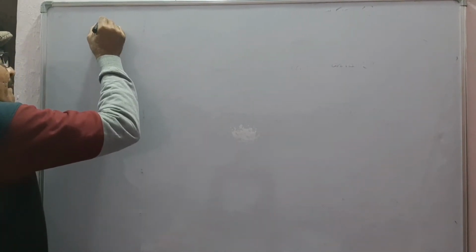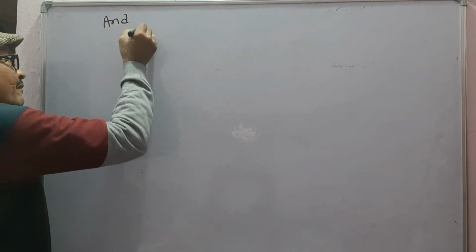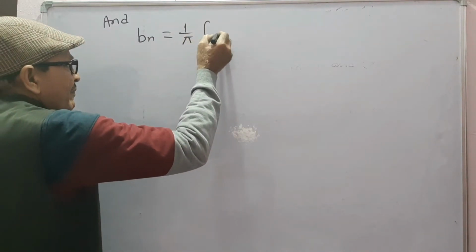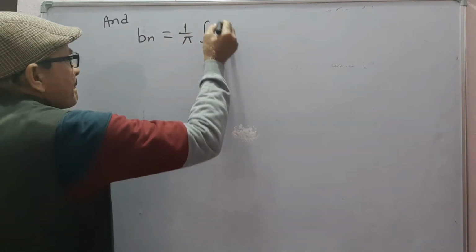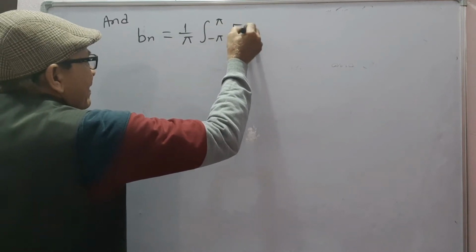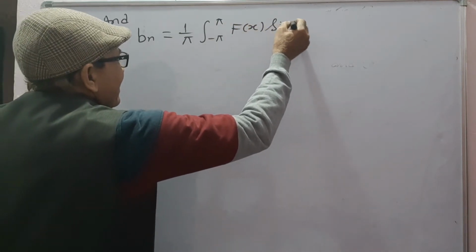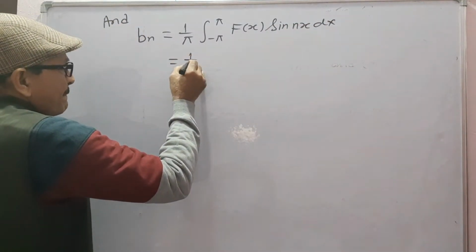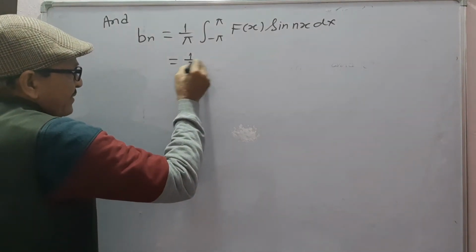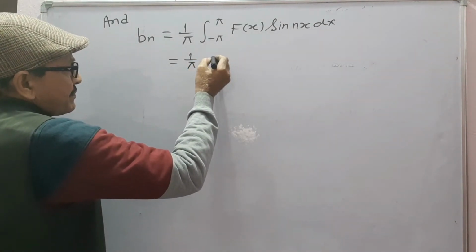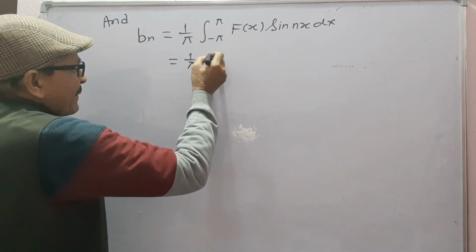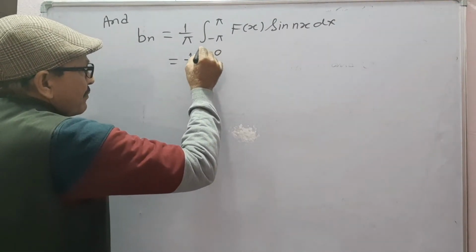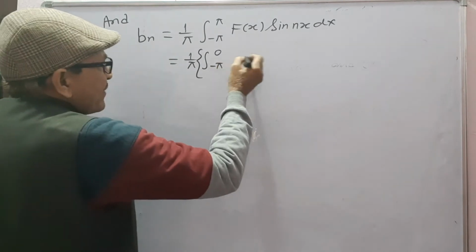And bn will be equal to 1 upon pi, integral from minus pi to pi of f(x) sin nx dx. This will be 1 upon pi, integral from minus pi to 0,